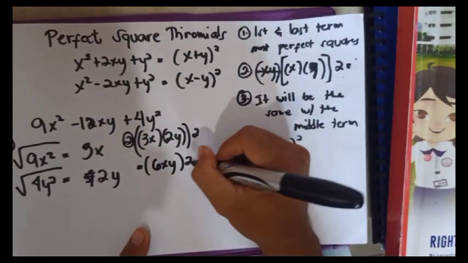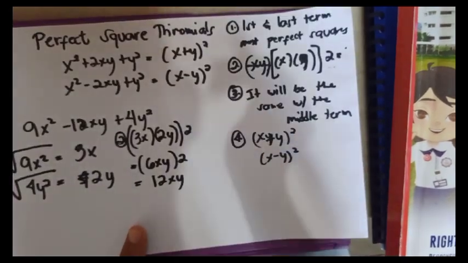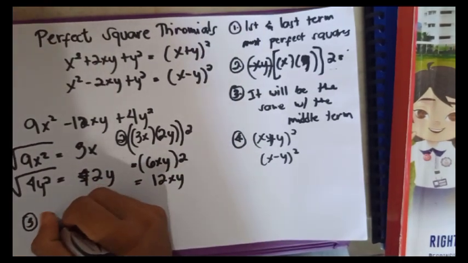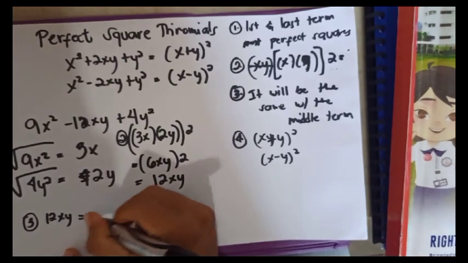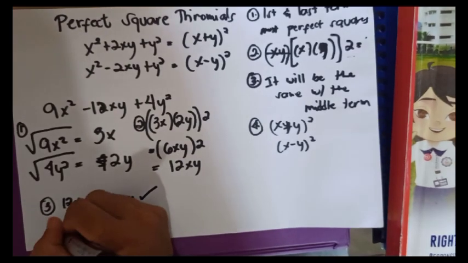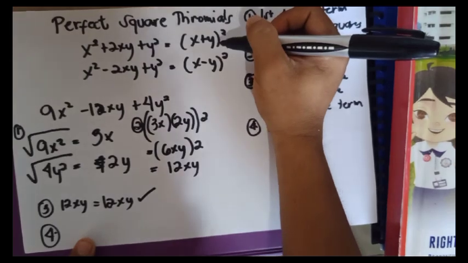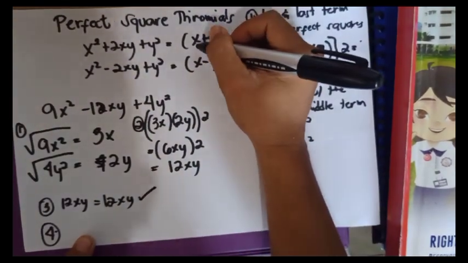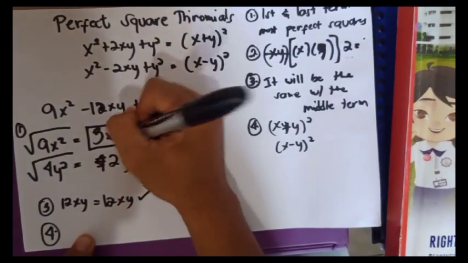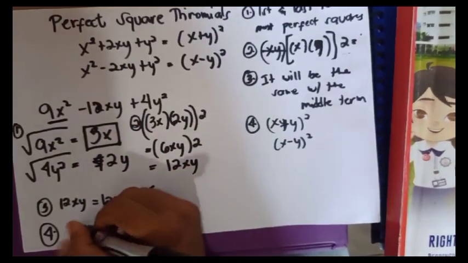Now 6xy times 2 is 12xy. Now is the middle term, the third step. Is the middle term 12xy equal to the middle term of the given? Yes. Now let's apply the last step, which is to write the factored out form. Now, what will be your x? Your x will be the positive square root of the first term, which is